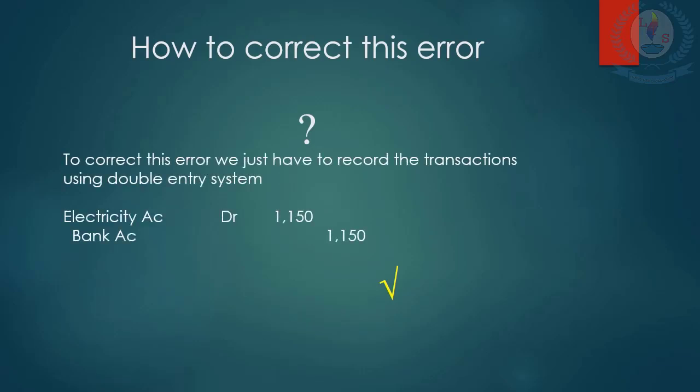To correct this error, we just have to record the transaction using the double entry system. If you have missed the transaction, and you record it properly in the books using the proper double entry system, that will be enough. Electricity account debit 1150 and bank account credit 1150. Now we'll see the next type,